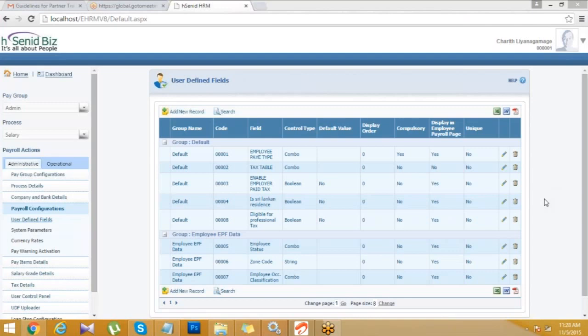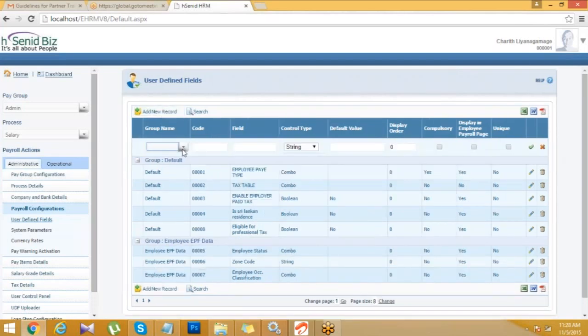Now I will show you how you can create a user defined field. First, you have to click on add new record, right? And you can select group default, since you are creating. Don't create anything under employee EPF data, just select default, and you have to get the next code available. Now in here, next code available is 009, and you can give any name to your field, let's say OT rate,